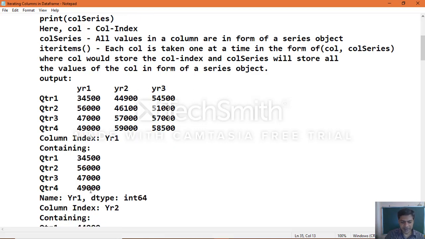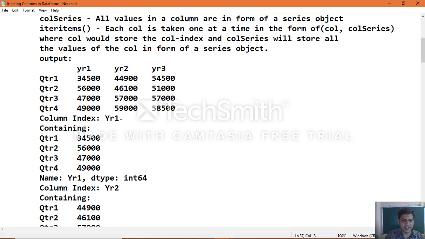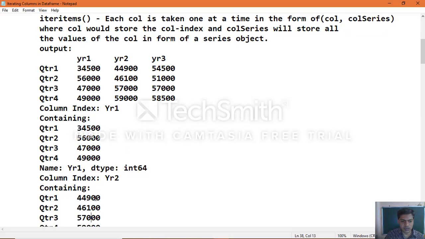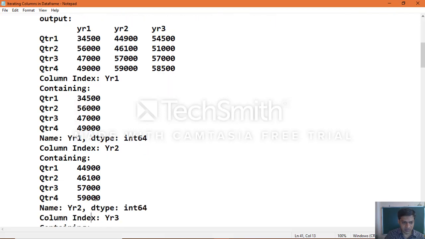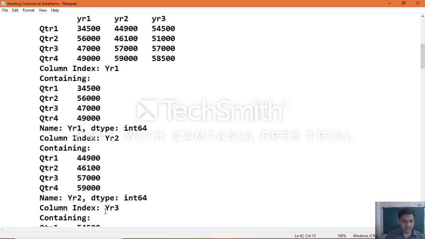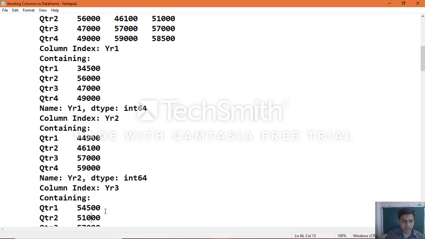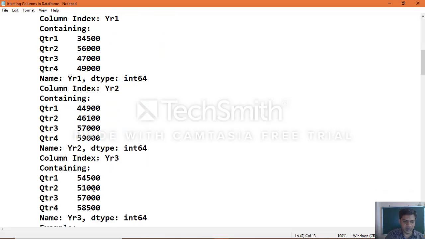which you can see index column index 2, that is year 2 details, which you will get from that particular column for all the row values. Okay, same way year 3, third year sales details of that particular column, all the rows, all the 4 quarters of year 3 sales details which you will get as an output. So that is how you get data frame column wise data accessing, which we call it as.